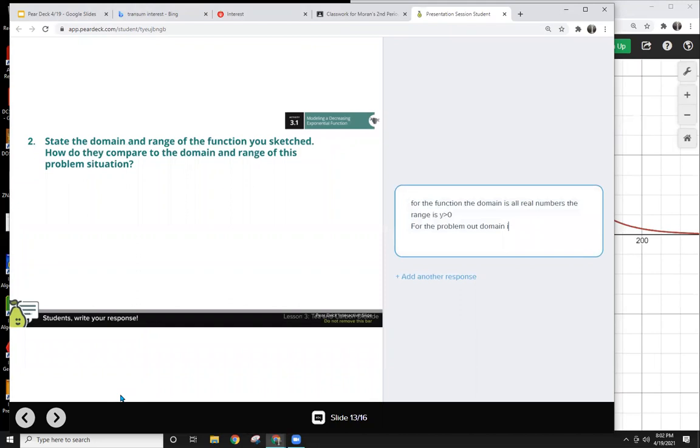So domain is 101 less than x less than 180. And it could be less than or equal to, since it does get to those points. So 101 less than or equal to x, less than or equal to 180. Okay, the range, well, where do we start with our,